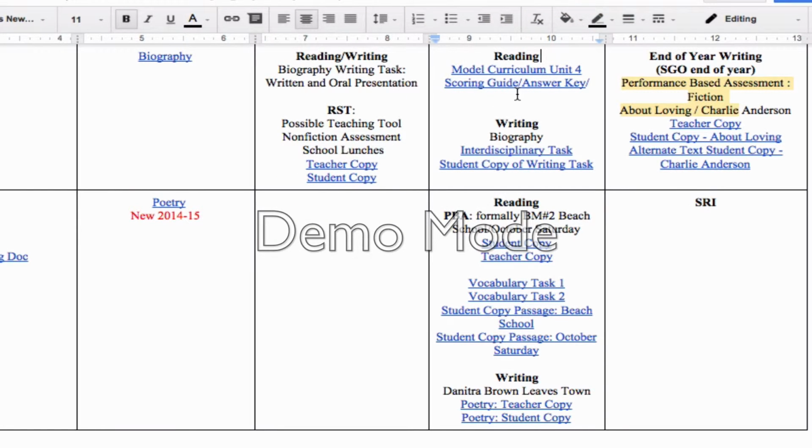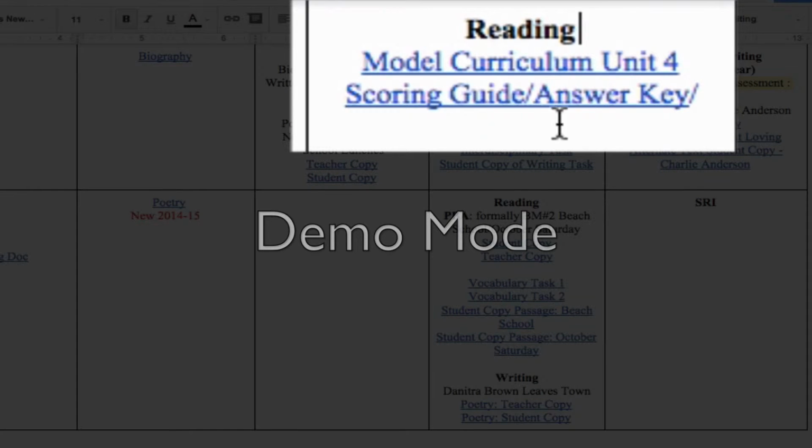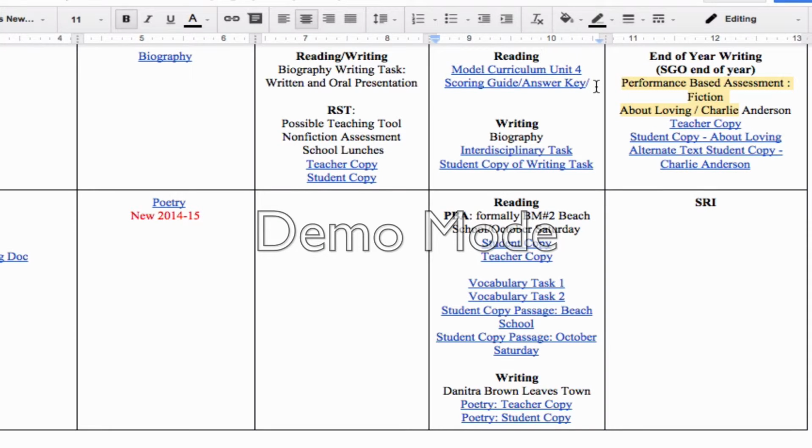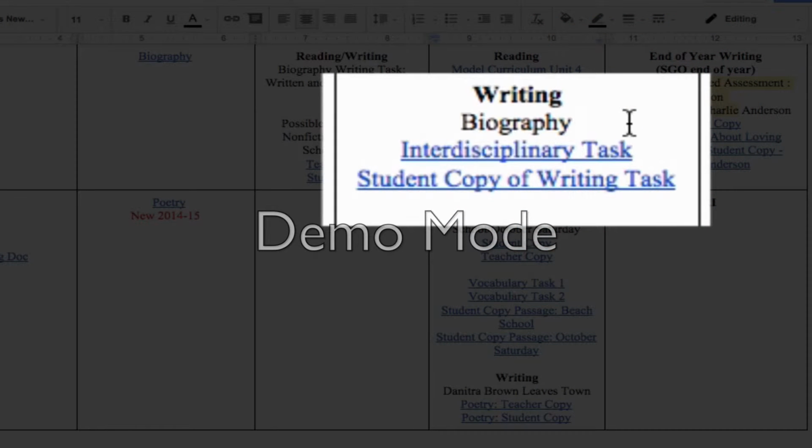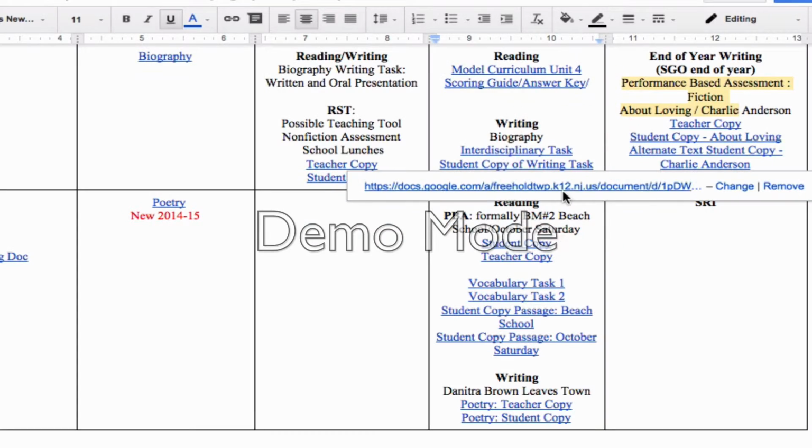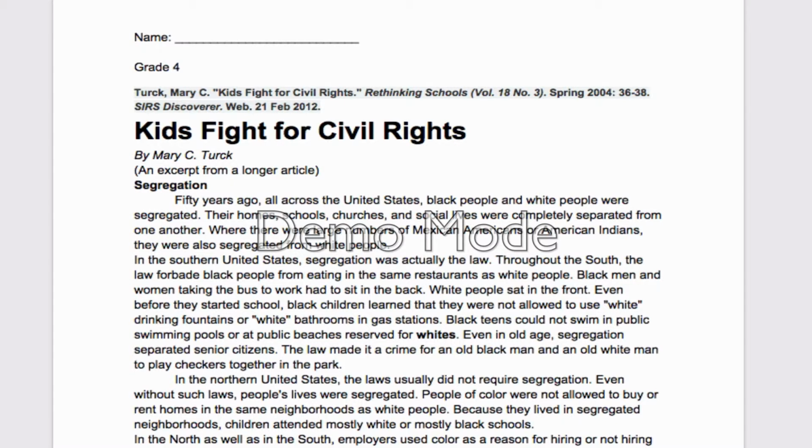In the next column, under the reading summative assessment, we will be using Model Curriculum Unit 4. You will also see the scoring guide and answer key listed underneath the assessment. For the writing summative assessment, it is the biography interdisciplinary task. On your curriculum map, you will see the link for the task as well as the student copy and teacher